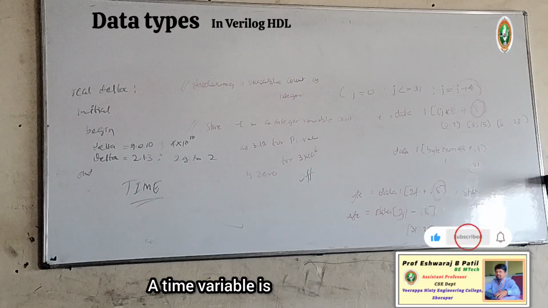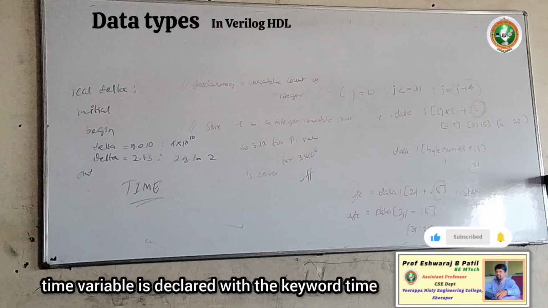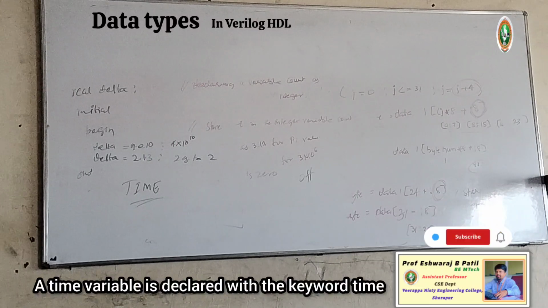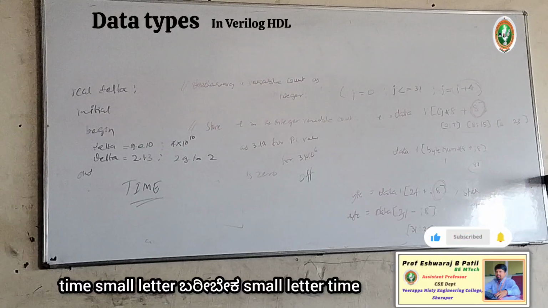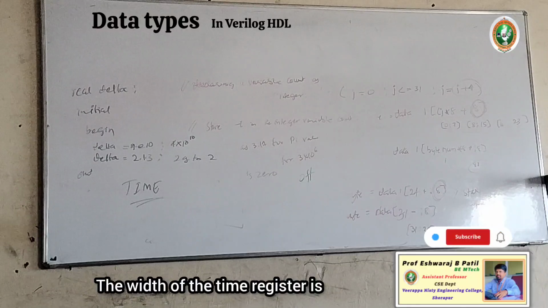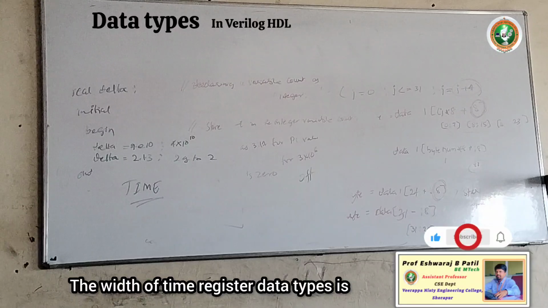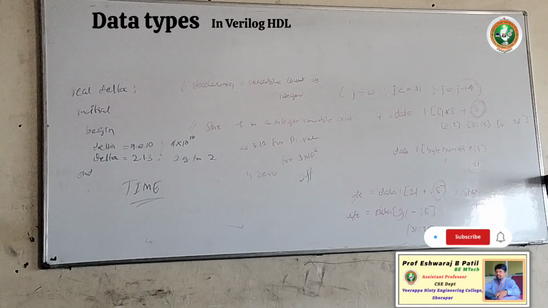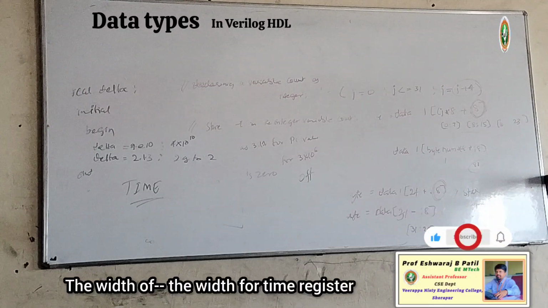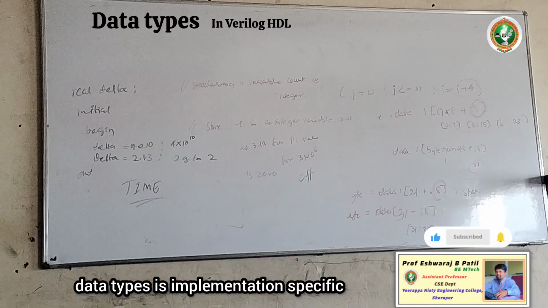A time variable is declared with the keyword time, in small letters. The width for the time register data type is implementation specific,